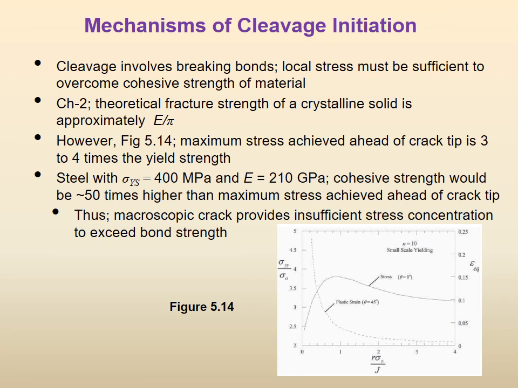So now we go back to mechanisms of cleavage initiation, right? We have introduced cleavage to you. We have told you that as an example material, ferritic steels, which are a class of stainless steels, are very important. We have told you that cleavage happens where big fracture surfaces called facets are there, and when it breaks from one grain into the other, or from one facet to the other, those river patterns can be formed. And we have shown you some fractographs at that level.